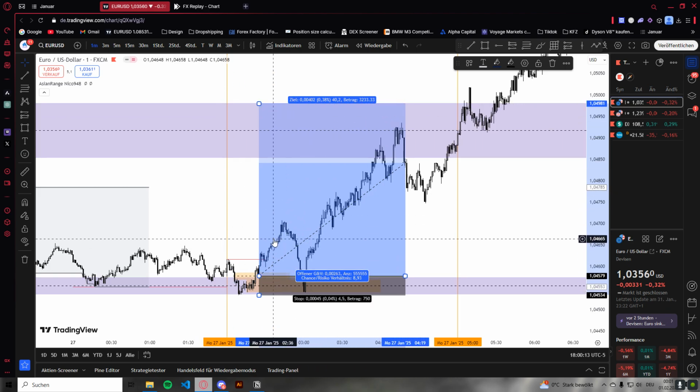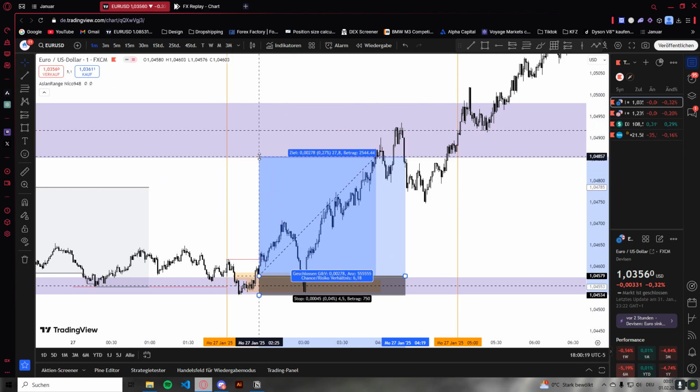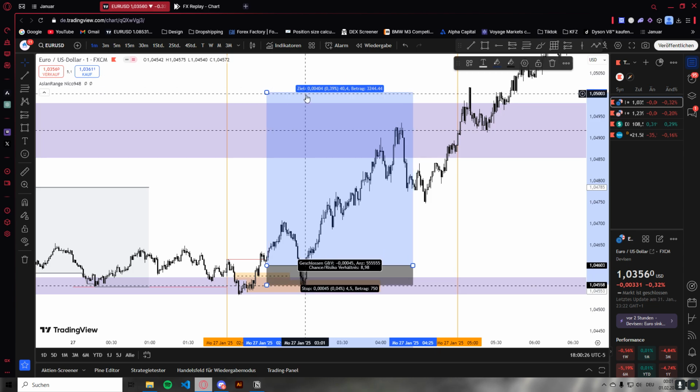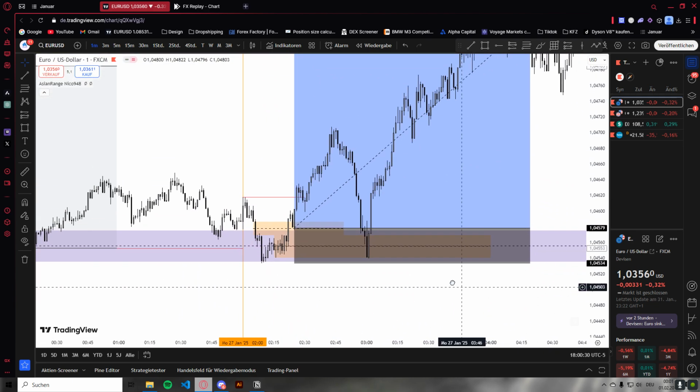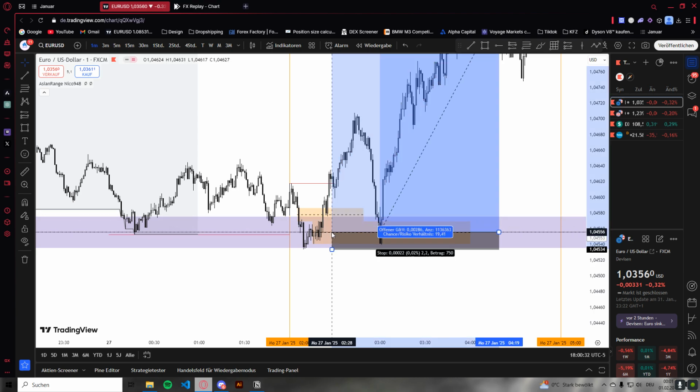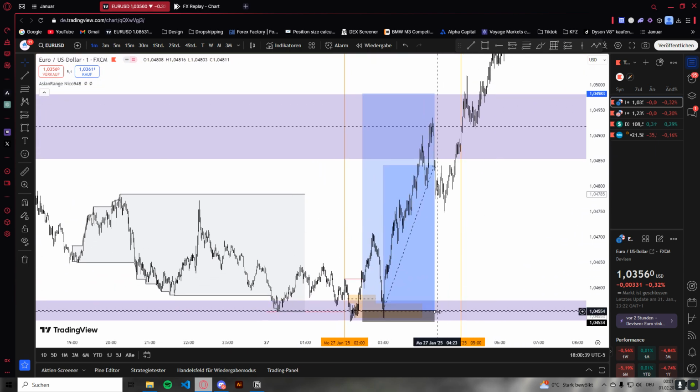Of course, you can take partials at the Asian highs, for example. You can take partials at the low. You can take partials at the middle of the new week opening gap. You can take it at the end of the new week opening gap, okay? By the way, this could also be your entry, this order block. This would be a crazy entry to be honest, but it's unlikely that you will hit this type of entry